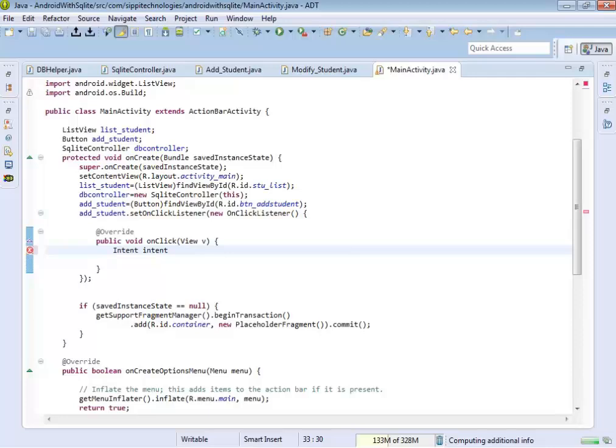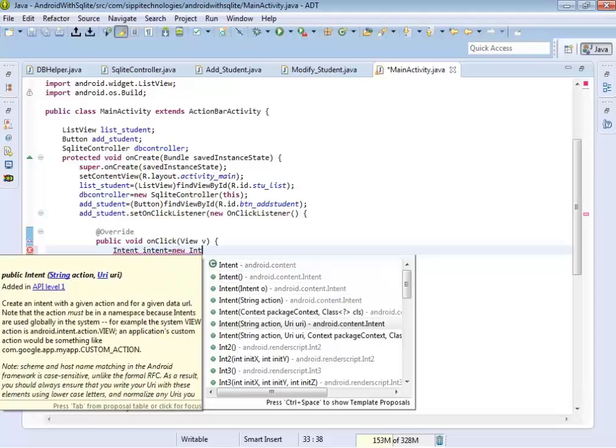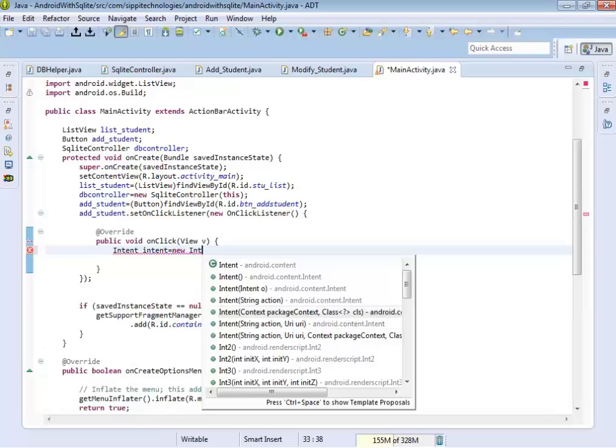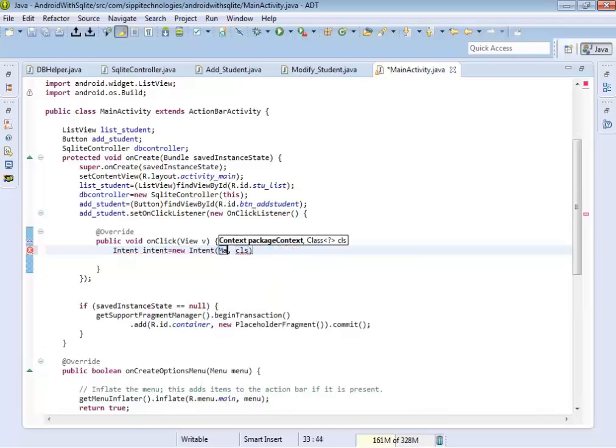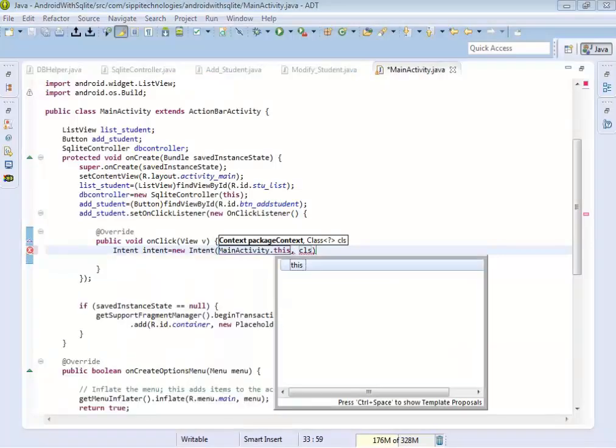Intent is equal to new Intent, MainActivity dot this,